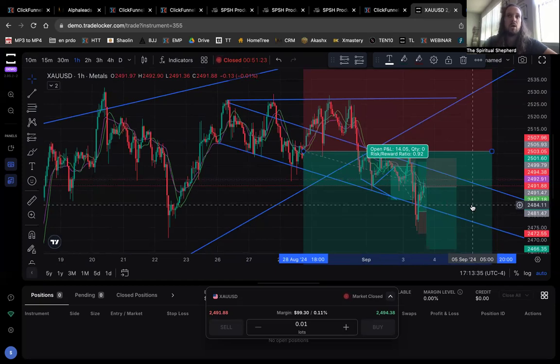Depends on your lot sizes. I truly believe that if you calculate your lot size the proper way, it's only a matter of time until you do pass your prop firm challenge, until you do pass the challenge. Because if you have a low enough lot size and you're just slowly